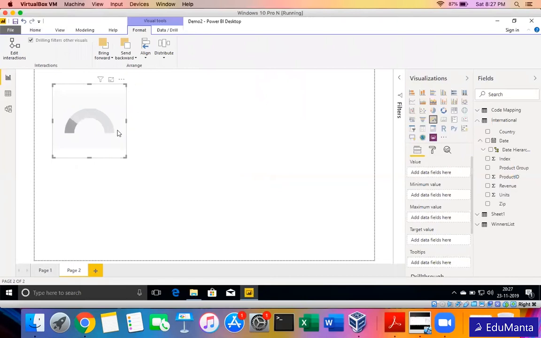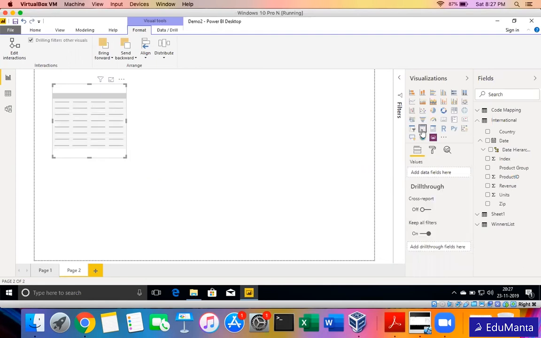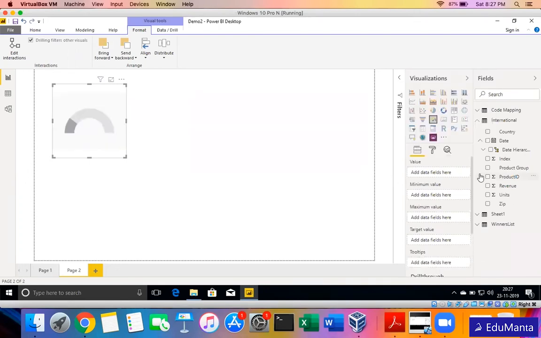As you may know, it will help understand my total revenue, how much it is compared to the target. Is it below the target, above the target, and so on. If I want to see that kind of comparative analysis, I will use a gauge. So when you select a gauge, you see the difference. Here it will look for a value, minimum, maximum, and target value. When I selected a table, it was just the values. When I select columns, it's a row, column, and values. So depending on what I'm selecting, this section also changes. Right now when I'm selecting a gauge, it asks me for a value.